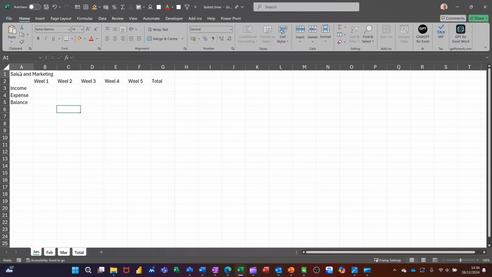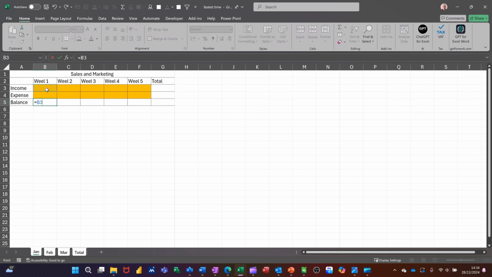Want to merge and center that across the top. Want to put borders on all of this area. All borders. I want to color this bit in orange, and then a little formula here equals B3 minus B4,